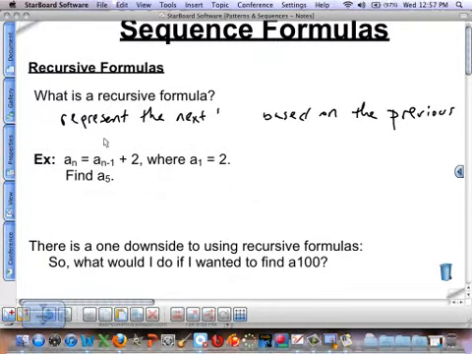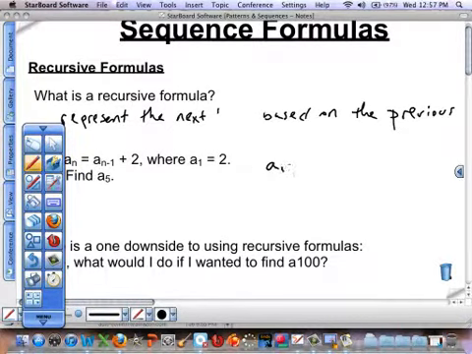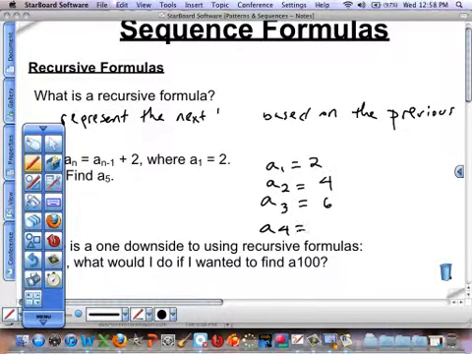So in order to find a sub 5, I actually have to list out all of my terms. A sub 1 is 2. That was given to us. A sub 2, previous term plus 2. So what's 2 plus 2? 4. A sub 3, 6, previous term plus 2. What about a sub 4? 8. So finally we get down to a sub 5, which is